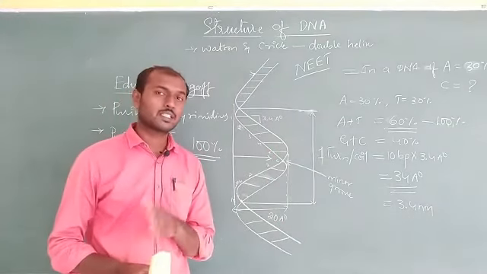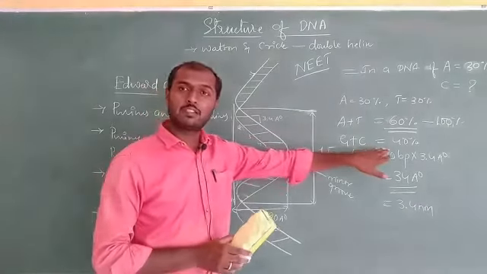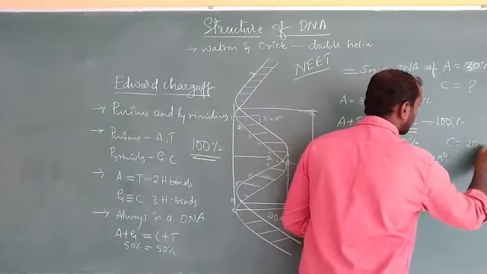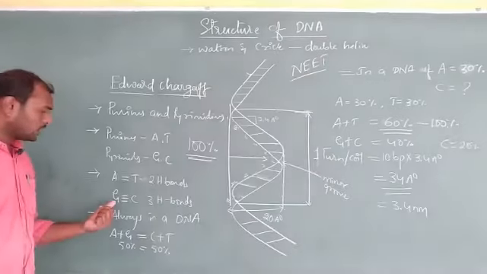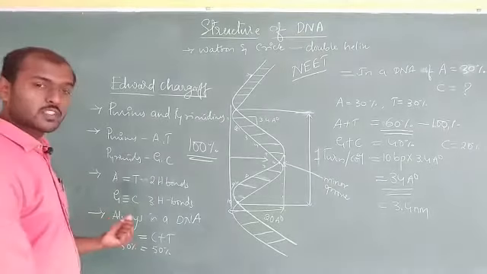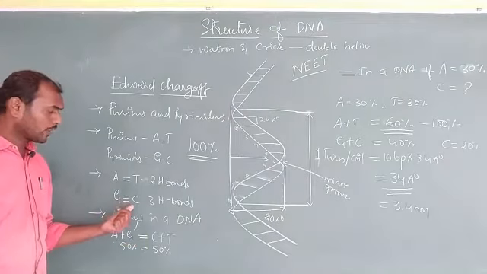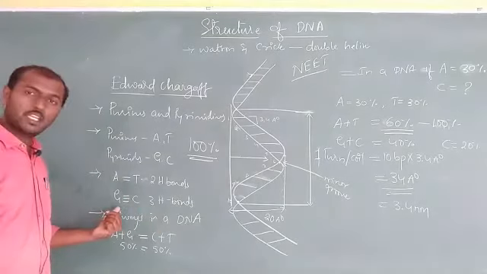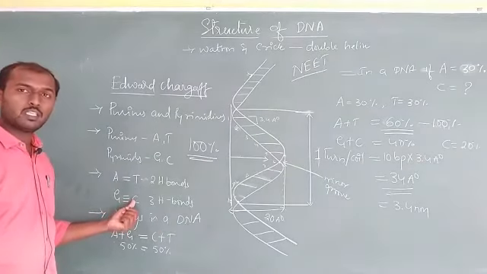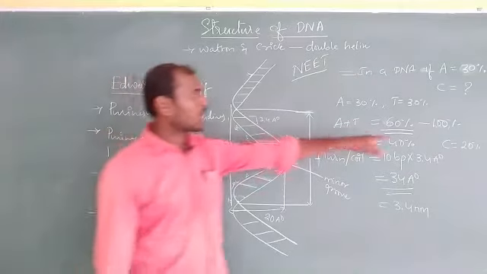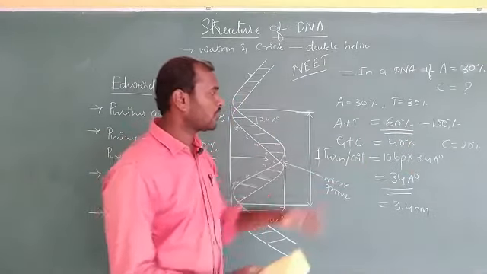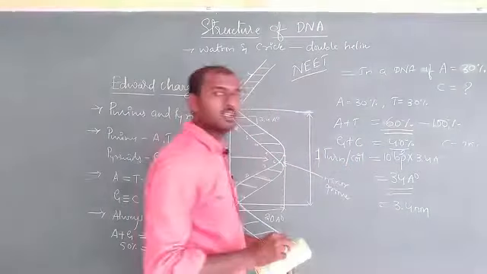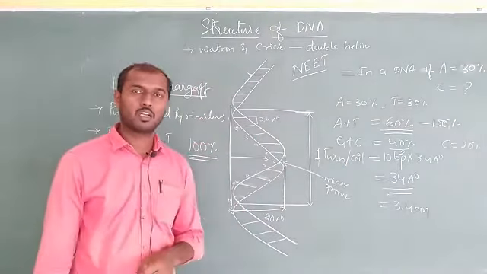Since we get 40% for G plus C, we can easily say now that C is 20%, because you know very well that G and C always show an equal amount of bases. If G is 20%, then C is also 20%. So the answer is 20%. We divide this 40% by 2, so G is 20% and C is 20%. So we can construct the total 100% DNA here.